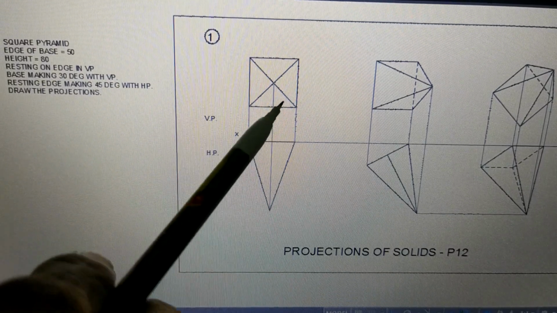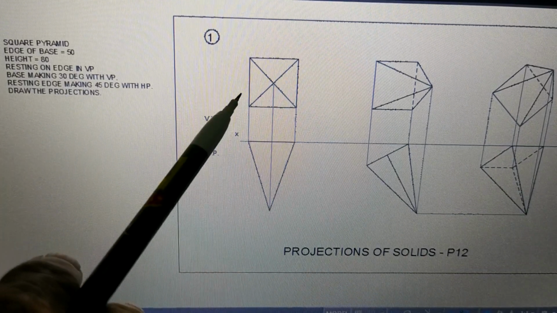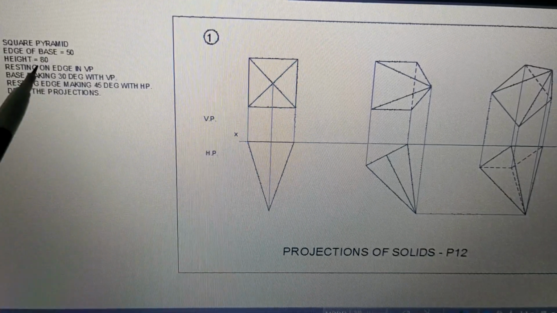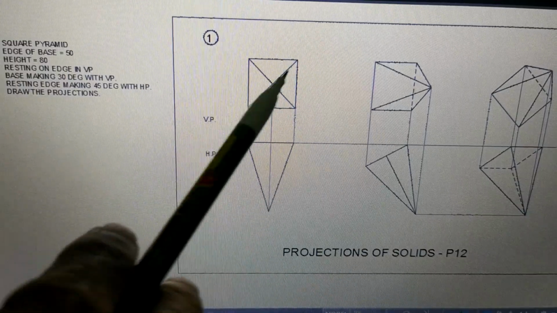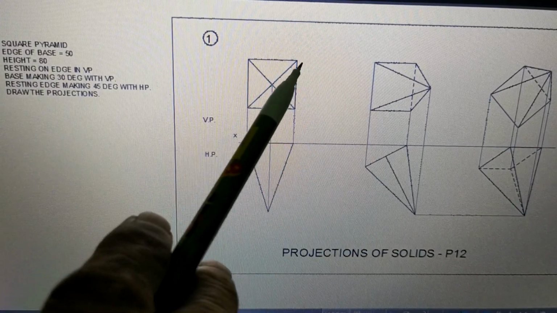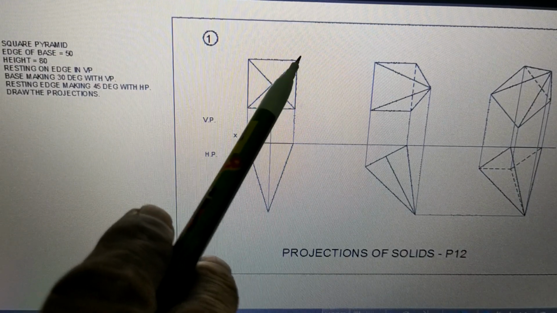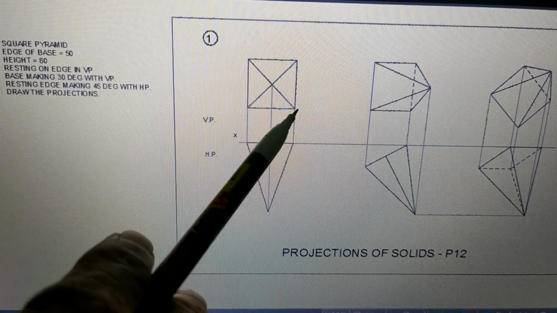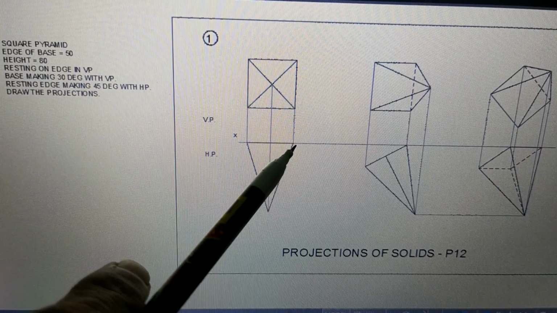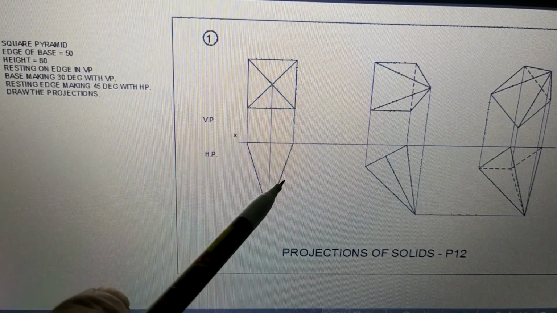Now, when you draw, you have to show the dimensions. I have not shown them here, but you have to show the dimensions. 50, that means this is 50, you have to show. 80 is the height, you have to show this height 80. Then the point names, you have to name the points A, B, C, D and the apex is O. Now our convention will be that the edge on which it is going to rest, we are always going to show by letters A and B. So this will be A, this will be B, this is C, this is D, this is apex O, this is edge AB, this is O, this is CD. So this is the first position.